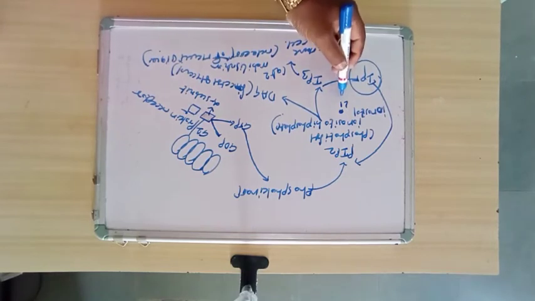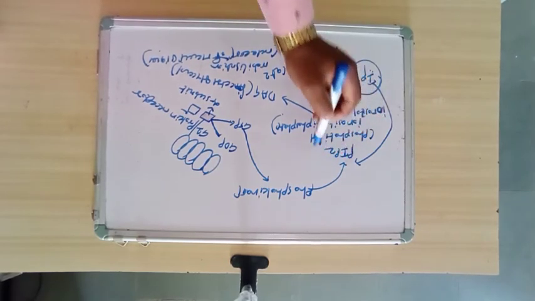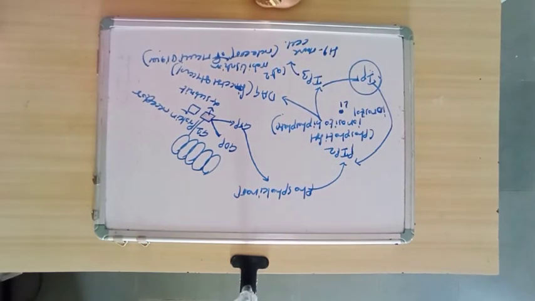So this lithium inhibits the formation of this inositol monophosphate, and due to this it is not available for the recycling of PIP2, that is phosphatidyl inositol biphosphate. And again due to the absence of this PIP2, IP3 cannot be generated,